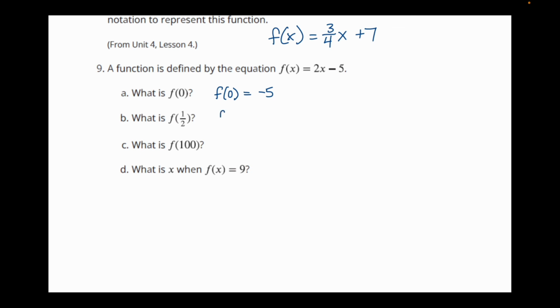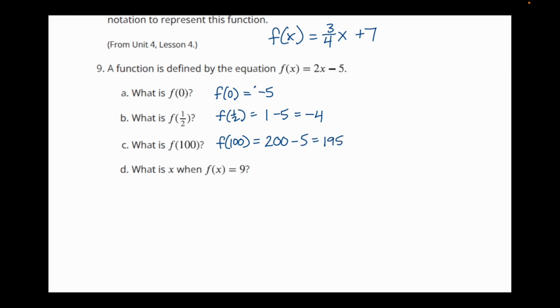F of 1/2 is going to be 1/2 times 2, which is 1, minus 5, so that would be negative 4. If we put in 100, this would be f of 100, so we would have 200 minus 5, which is